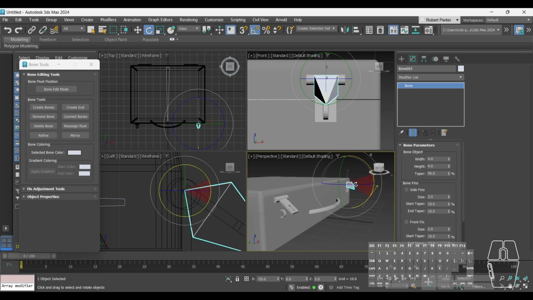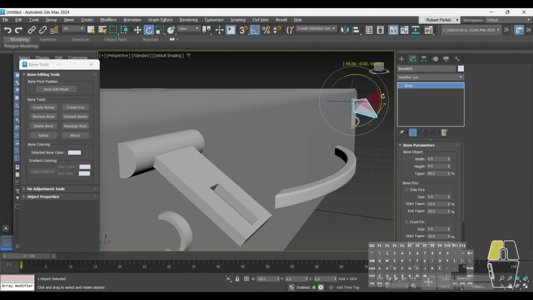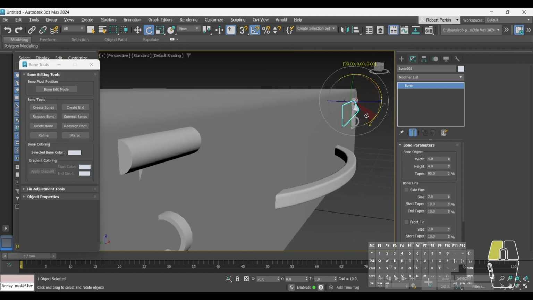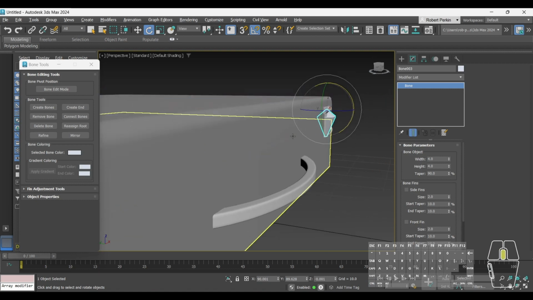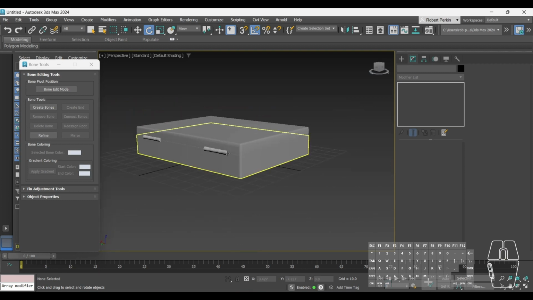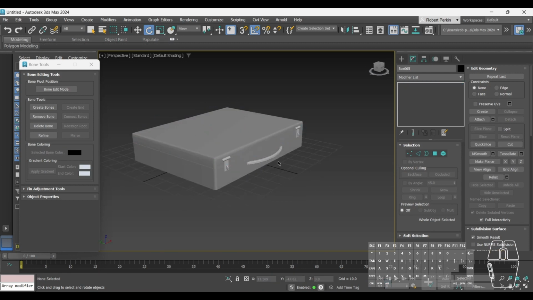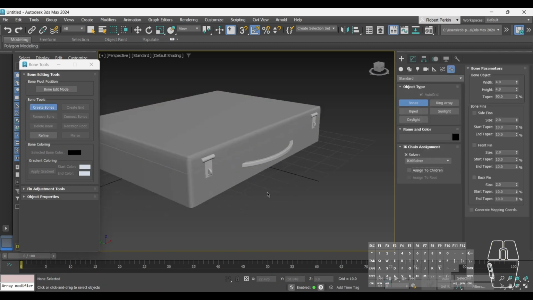We can see there is a bit of a problem with the orientation. We want this to be perfectly in line with this. So if this was a separate cylinder, such as this at the back, it would be very easy. I could just align the bone. What I'm going to do is